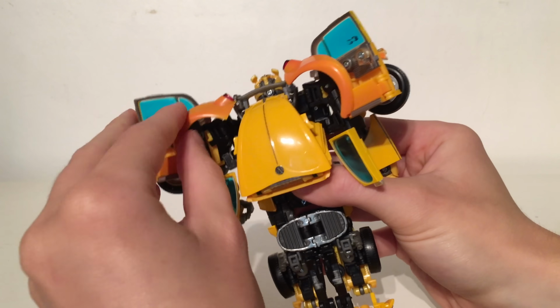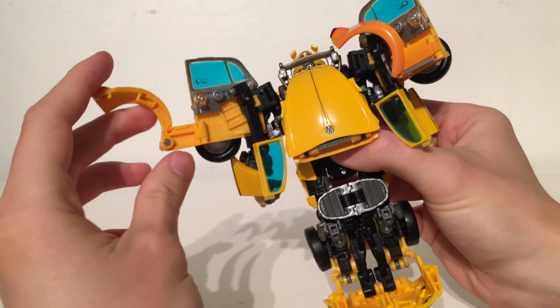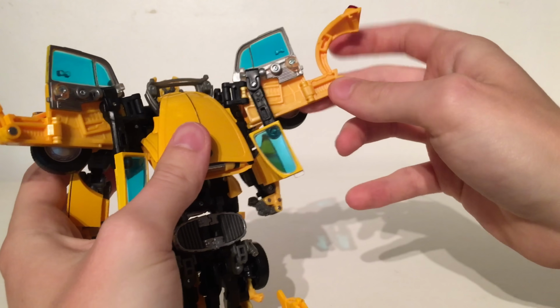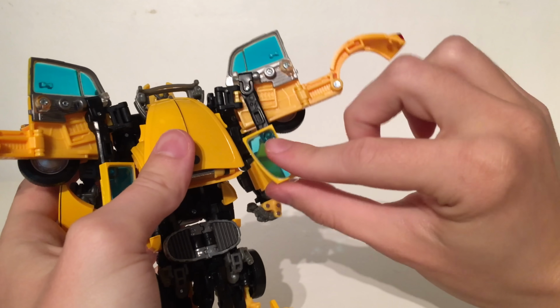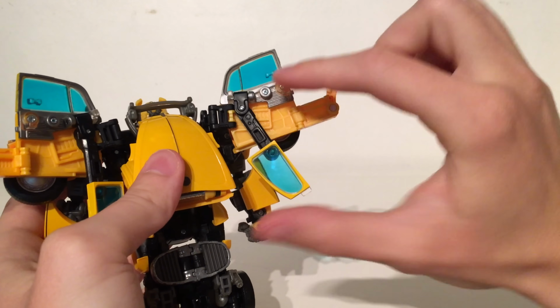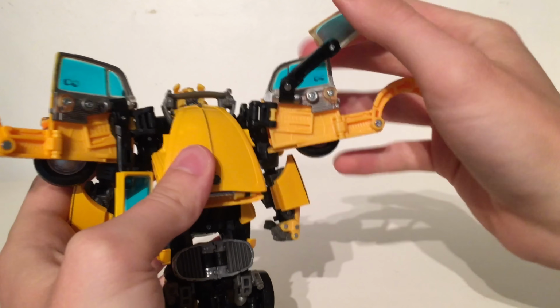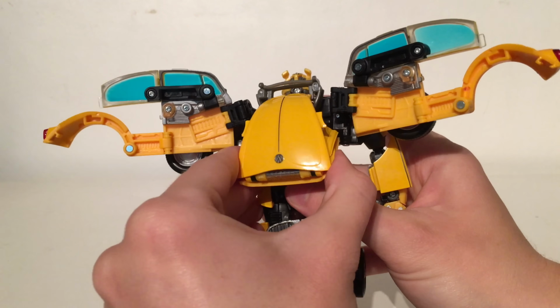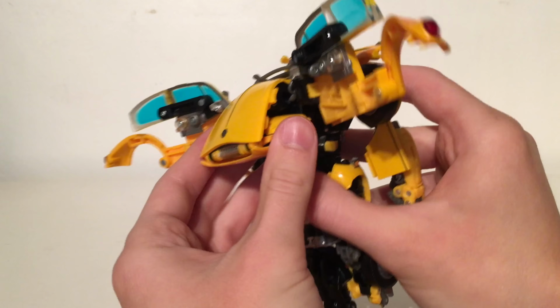and then take this piece here, fold it all the way outward and downwards. Repeat the same process on this side, fold it outwards and down. These wing pieces here will fold up and this tab here will go into that slot there. Just tab them in. Then you're going to want to take this whole back section here and just put it out